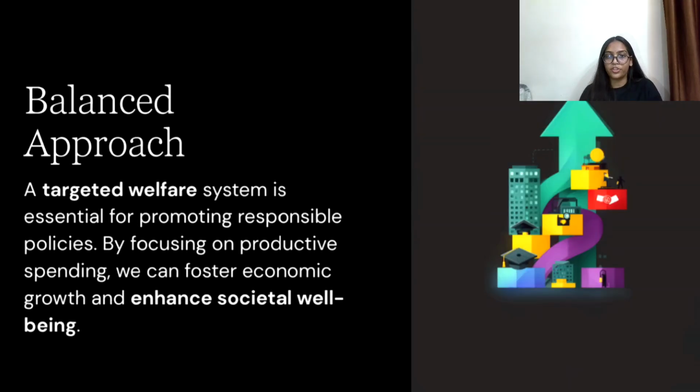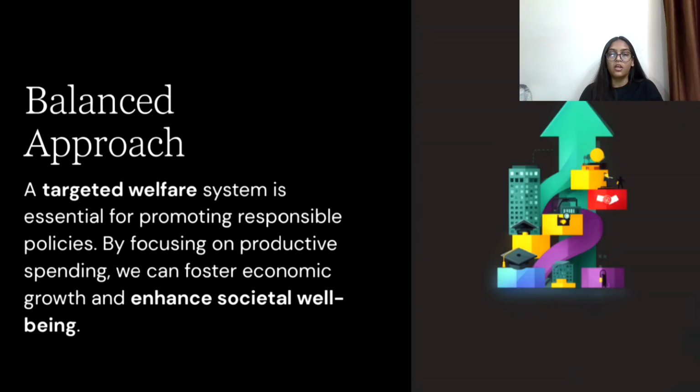So, what is a balanced approach? It is important to recognize that not all the government support is harmful. Targeted welfare schemes such as food security programs or direct benefit transfers are essential for reducing inequality. We need to bring everyone to a same level. The key issue lies in distinguishing between necessary welfare and excessive populism. A balanced approach would focus on productive spending such as investments in skills, infrastructure, and job creation to ensure long-term